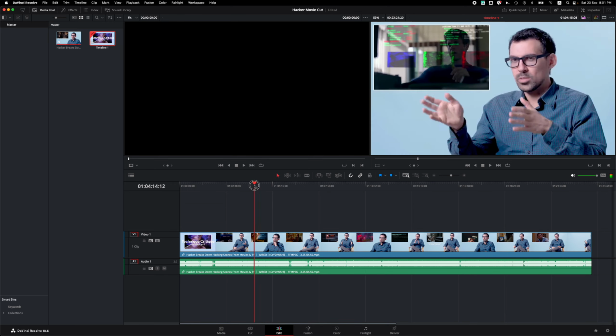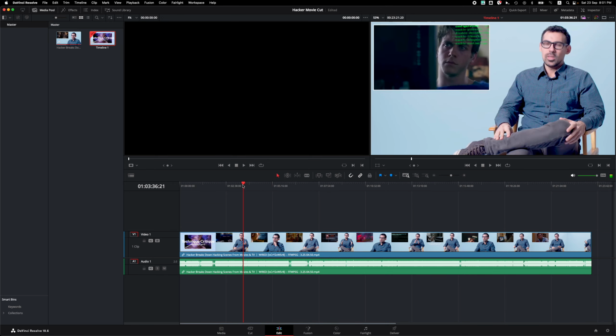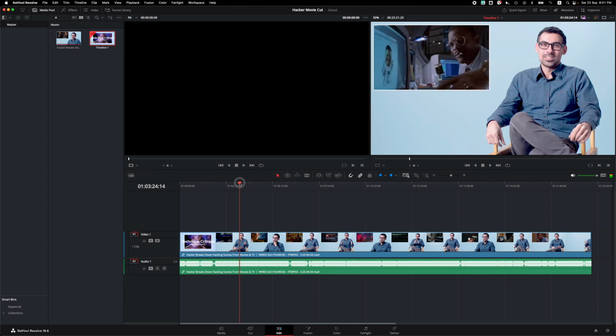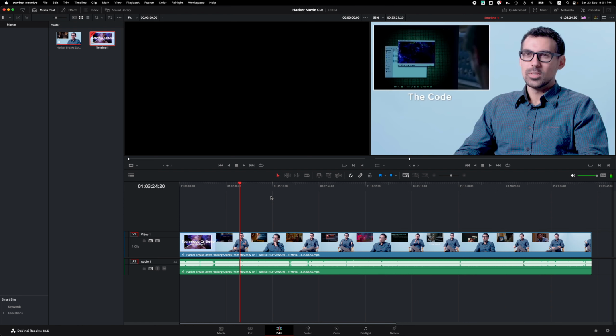So here's a part that I want to cut. So I'm going to use the right arrow to just go exactly to the frame I want to start doing the first cut. So right there, here, when this part of the video that shows the code series scene,